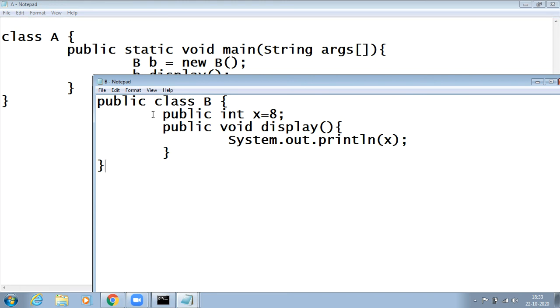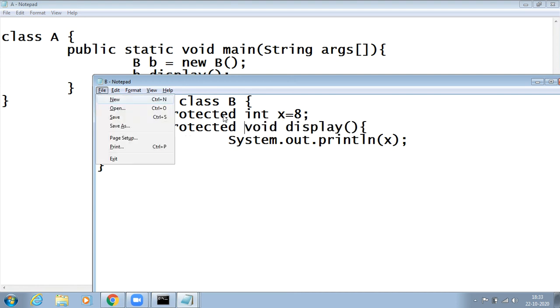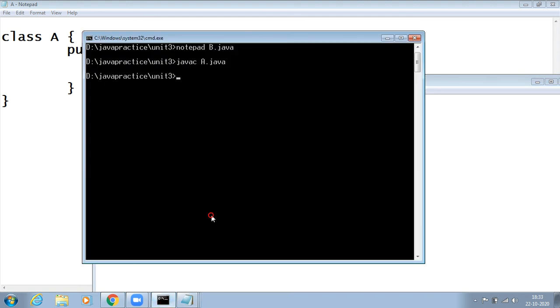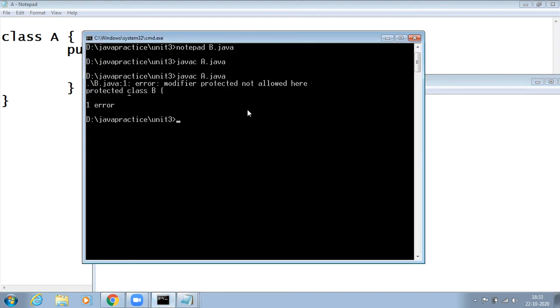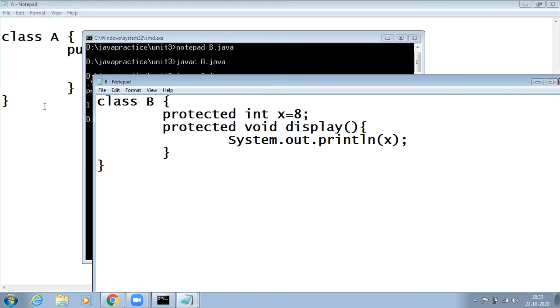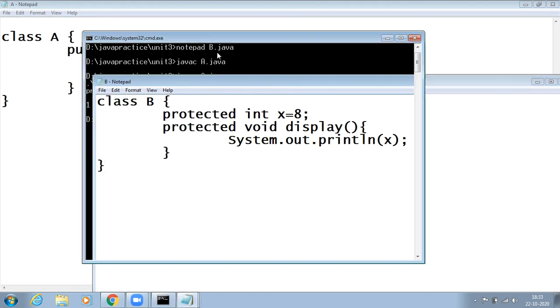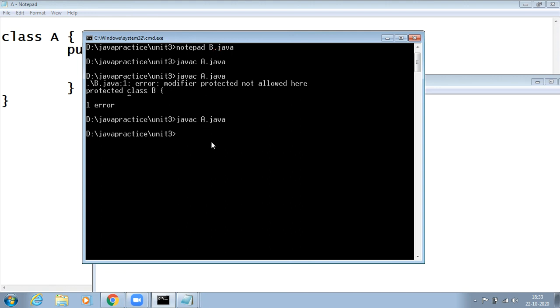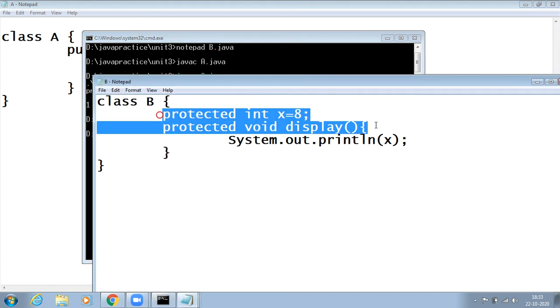Okay, and I can even keep this as protected. Protected class B, protected int, I can even keep protected void. Again compile this A.java. It says modifier protected cannot be given to a class, so remove this. This means a class cannot be protected, and compile this. It can be allowed here. It can be given for property and method,